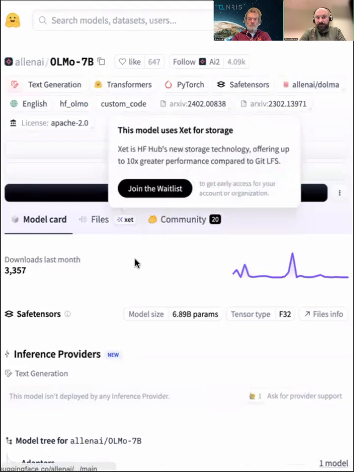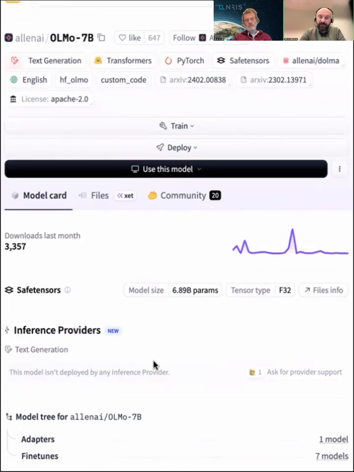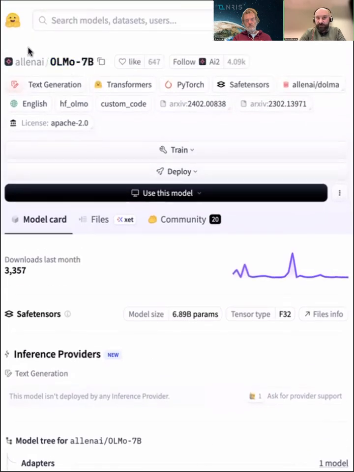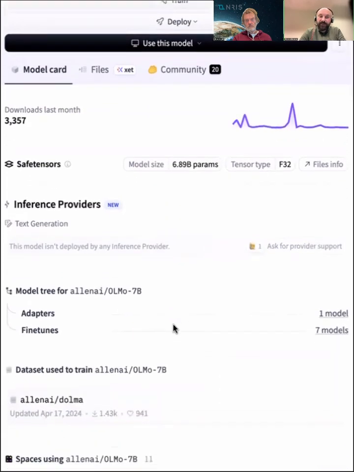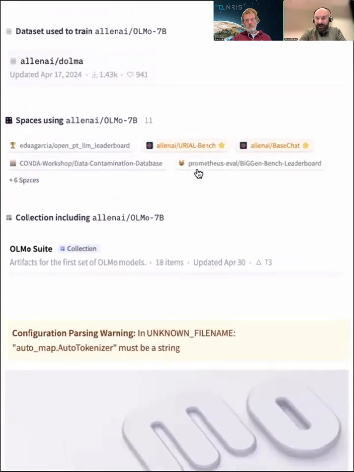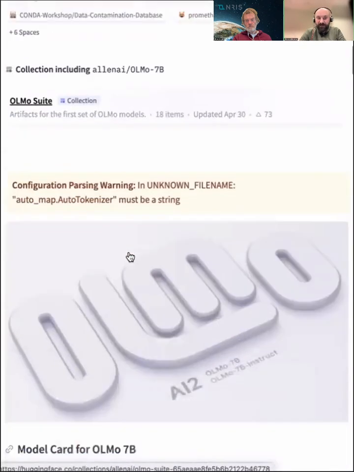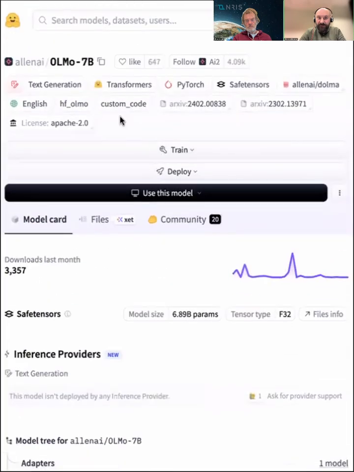The Olmo model, a large language model by the Allen Institute, is one of the few that is truly open in the sense that they disclosed everything: the training data, the training process, checkpoints, and all sorts of that. And so you see, of course, this is Hugging Face. It doesn't really look like GitHub, but there are basically the files and the versions of the model, because in the end the AI model will be just a gigantic file.